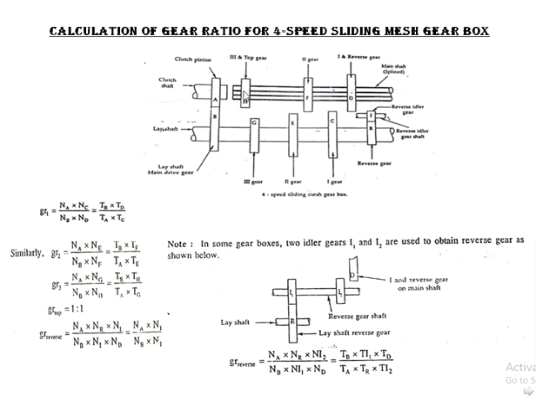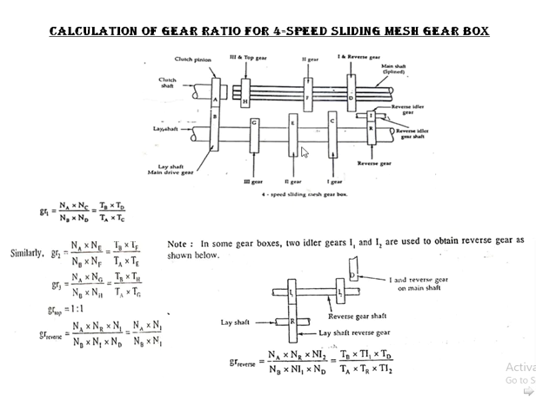These gears on the main shaft slide according to our requirement: first gear, second gear, third gear. When you are shifting, these slide on the main shaft, that is why it is called a sliding mesh gearbox. Another small assembly, a pinion and reverse gear, is given, where we get the reverse ratio. The power travels from the engine to the clutch shaft, to the clutch pinion, to the lay shaft.